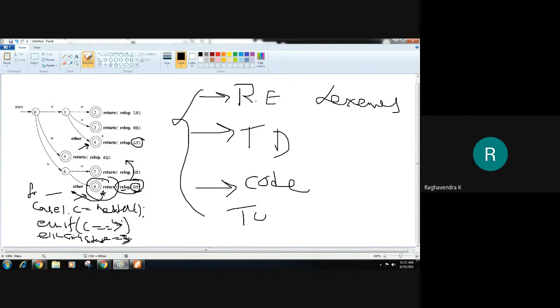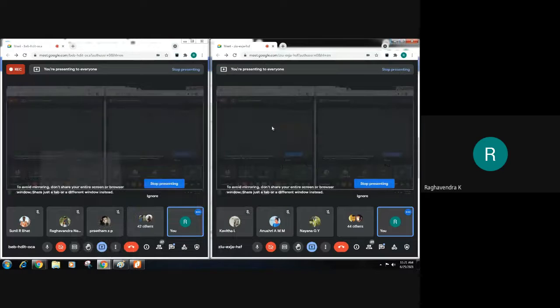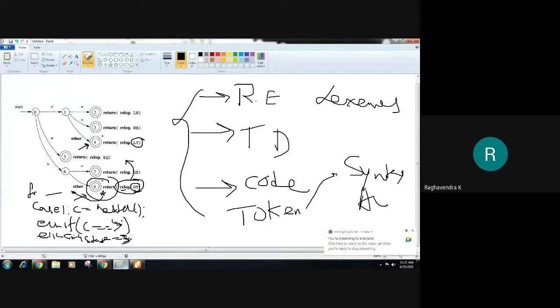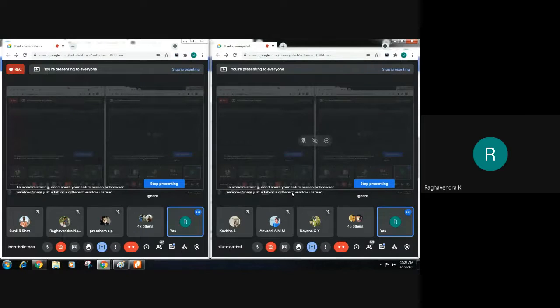Once the token is generated, it is given to the parser. The parser is next going to take up the next phase of the compiler, which is the syntax analysis. So the content of lexical analysis is only till this point. Next we are supposed to continue with our syntax analysis. Do you have any doubts up to this point?